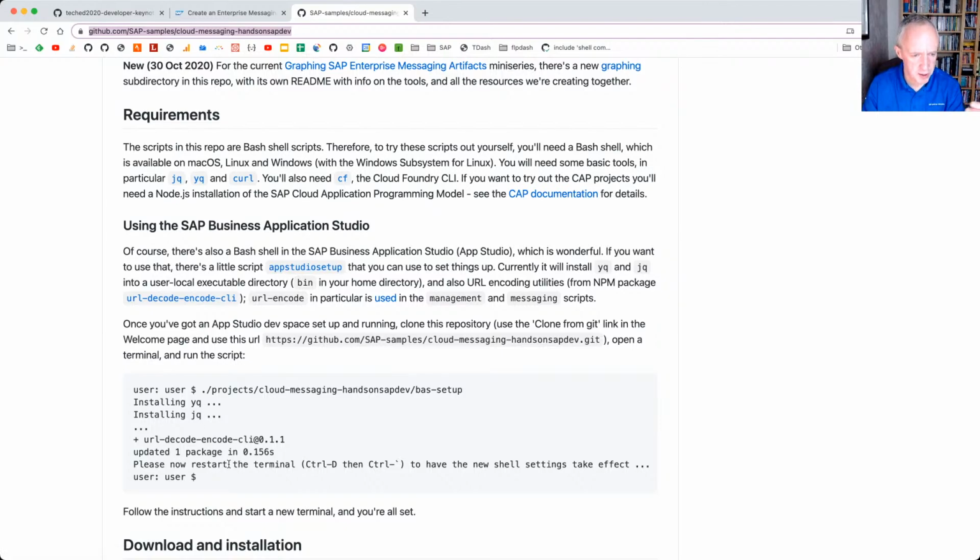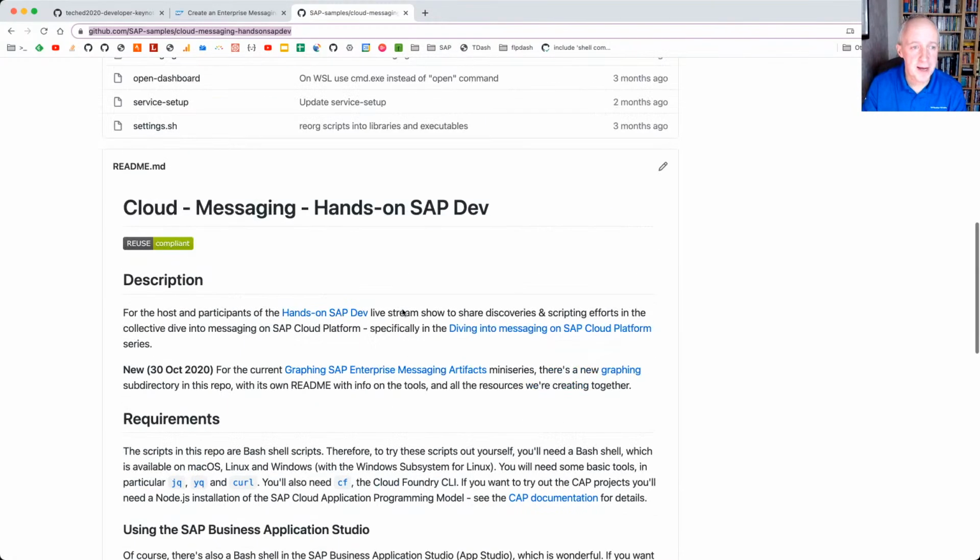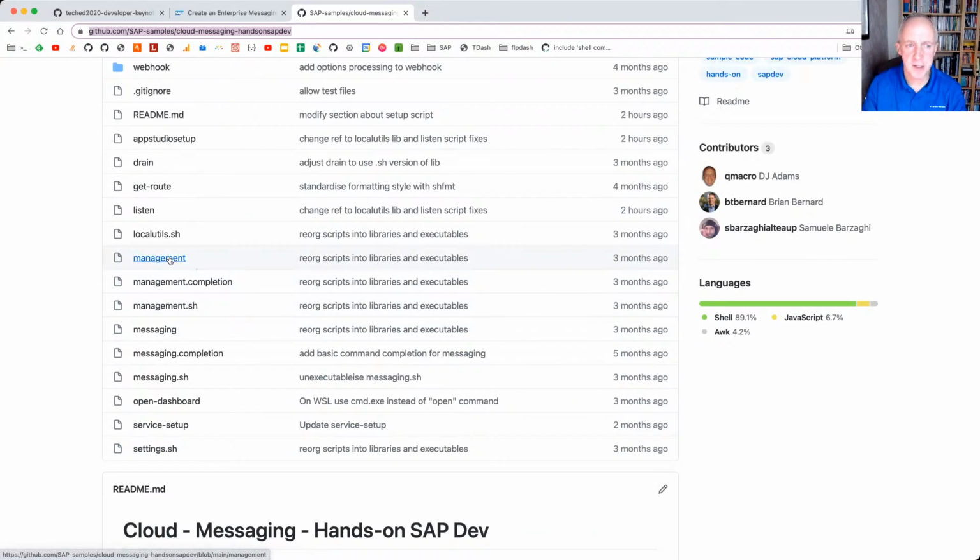Installs yq, jq, and the URL decode features. And what that repo has is a couple of scripts that are interesting to us: a management script and a messaging script. And those two scripts respectively allow us to interact with the management API and the messaging API. So why don't we kick the tires a little bit and